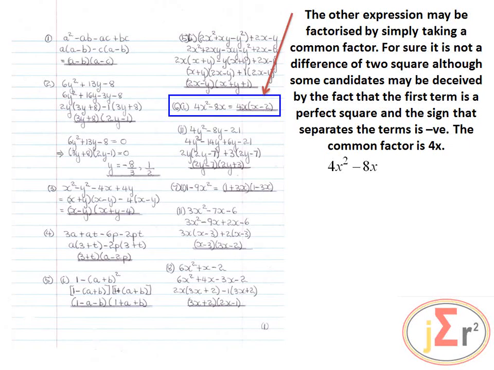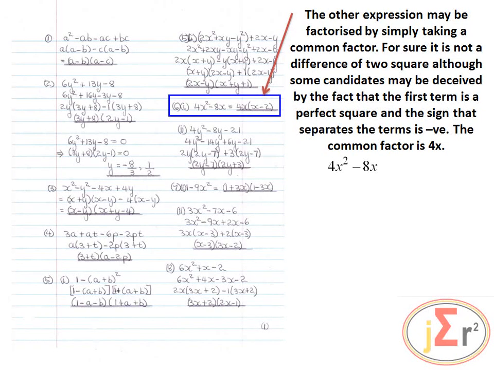The other expression may be factorized by simply taking a common factor. For sure, it is not a difference of two squares, although some candidates may be deceived by the fact that the first term is a perfect square and that the sign that separates them is a negative sign. So,